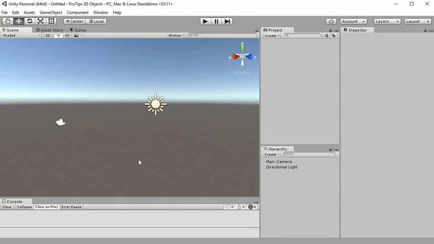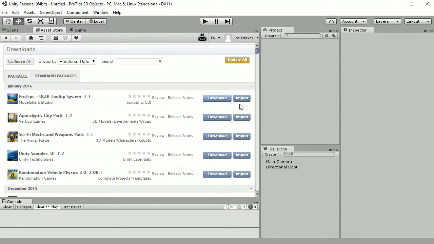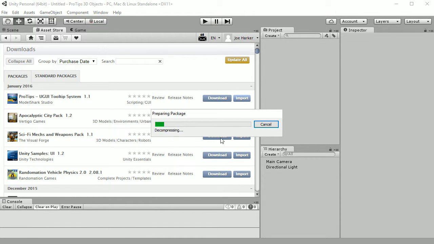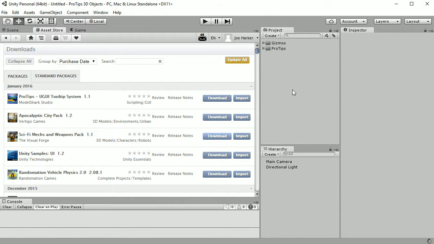This is a quick tutorial about how to use ProTips with 3D objects. What I have here is an empty scene, and I'm going to import ProTips into the scene. Okay, now that that's done,